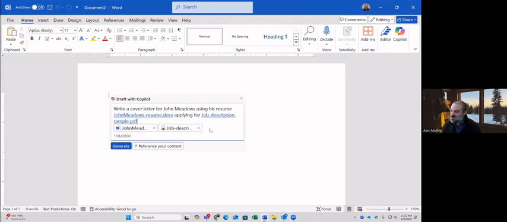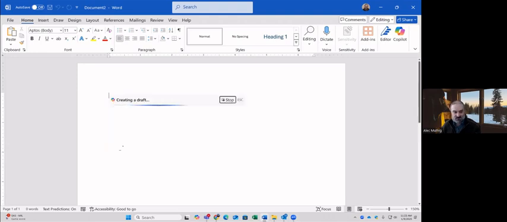Now, the reason that I use this as a sample is that I want to see if AI can look at one document and see if it can knit it together with another document. Can it see the things that somebody has as their qualifications and see if they qualify for this position and write a cover letter to connect them? I'll tell you that sometimes it works well and sometimes not so well.